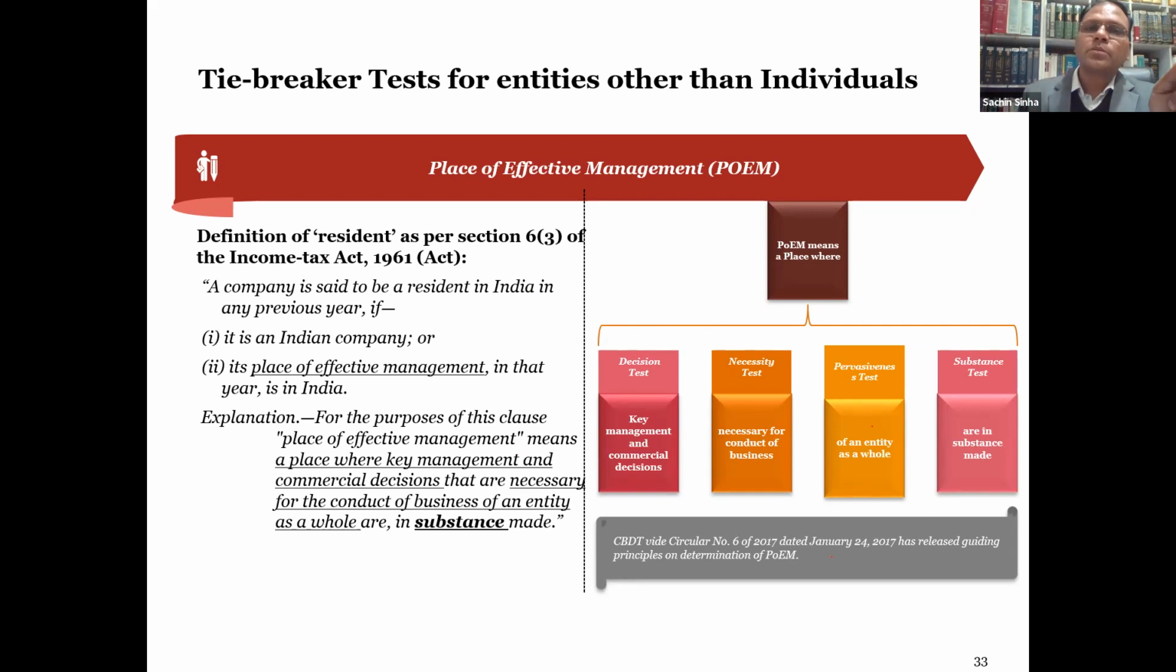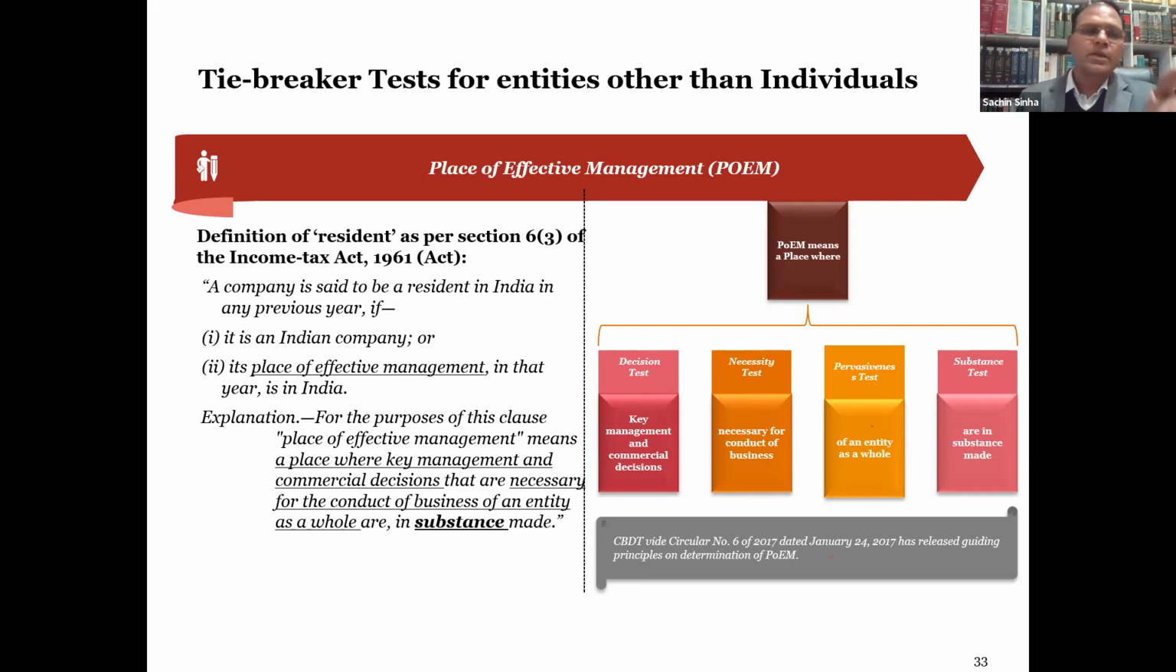While using the term place of effective management, one can ask, what if I have place of effective management in 2 countries? If you have effective management in 2 countries, then understand that is your place of management and not place of effective management. So place of effective management can be only in one country, and that too needs to be tested as per